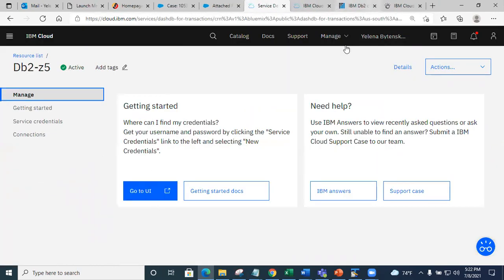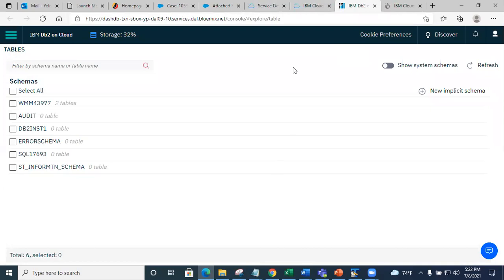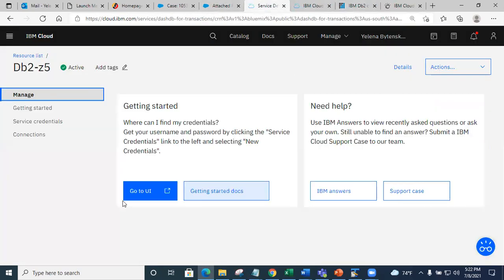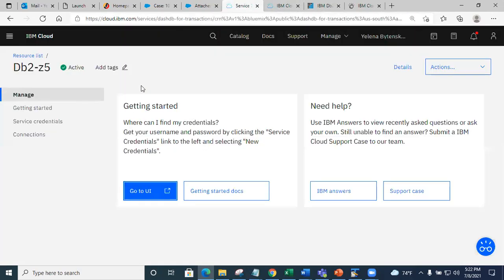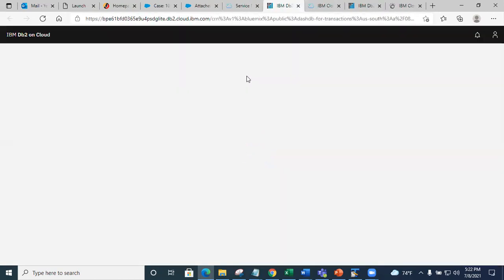I click, and what is that? Oh, that's the old service. Okay, now we're gonna click on go to UI now. It's different right now. Well, but oh, what's that? It worked before, I swear. Okay, now it will work.